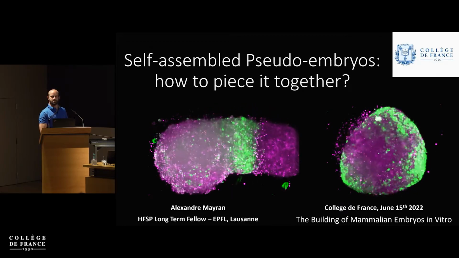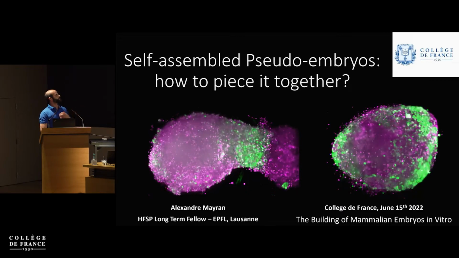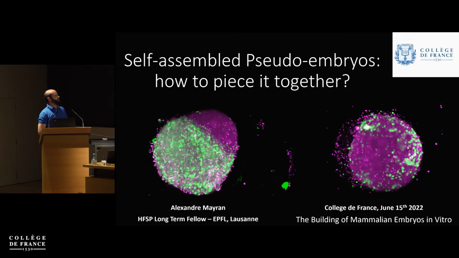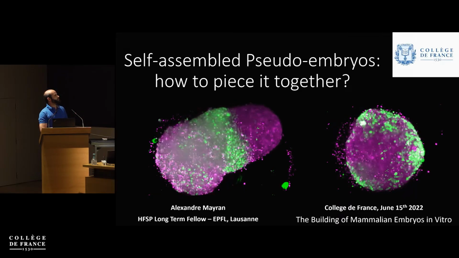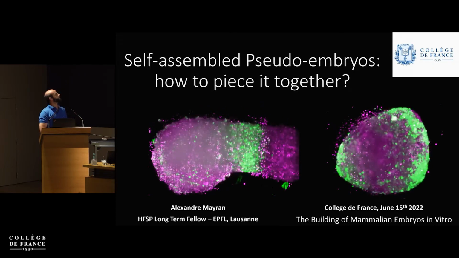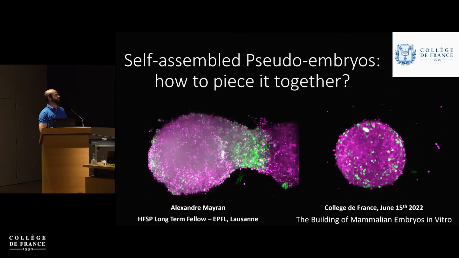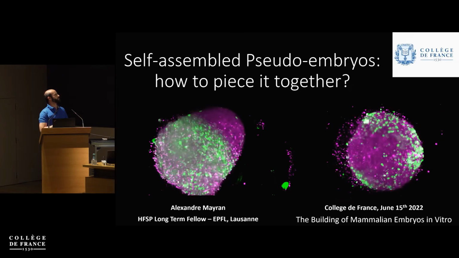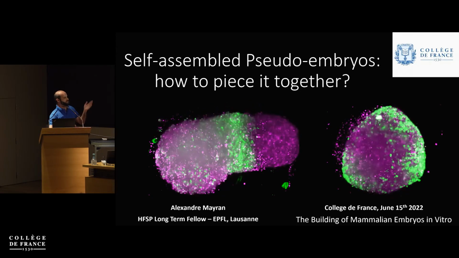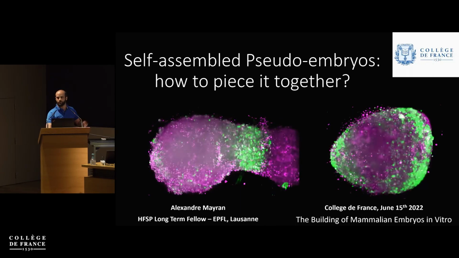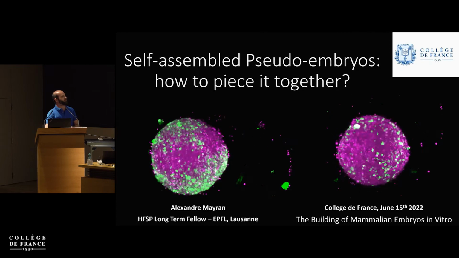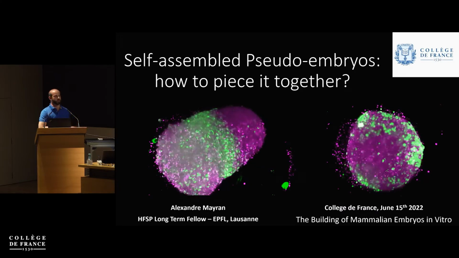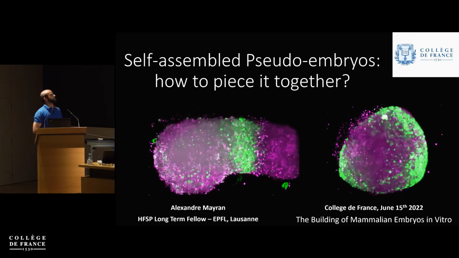I'm interested in self-organization, and I'm using these pseudo-embryos, these gastruloids that he quickly presented, as a model to study these processes. Here you can see two of these pseudo-embryonic structures, one that manages to self-organize, forming from this disorganized fashion a polarized structure, which then gets slowly restricted into a band pattern. The gene marked in green is called MESP1, and I'll come back to this. On the right, you will see one that actually fails to elongate. So what are the processes involved in successful versus unsuccessful self-organization?